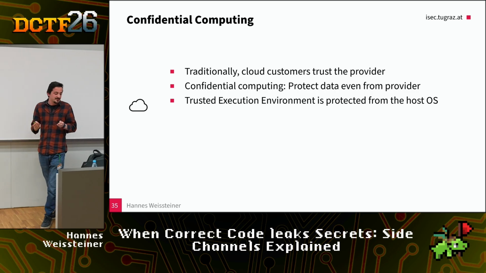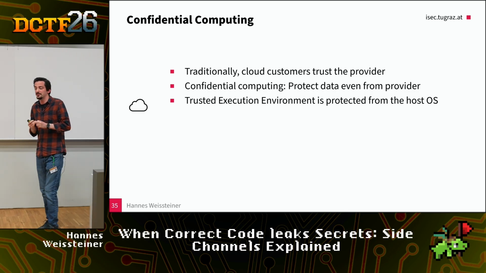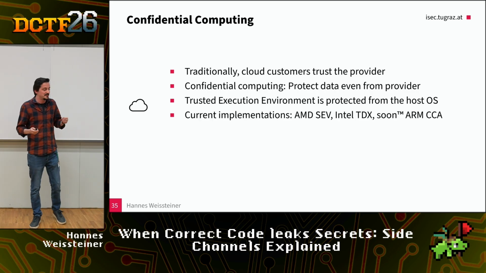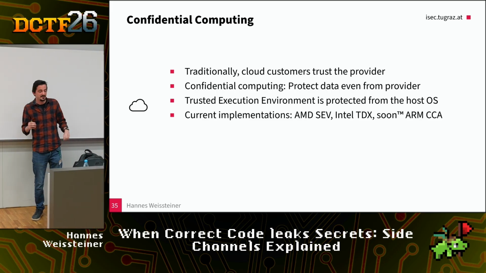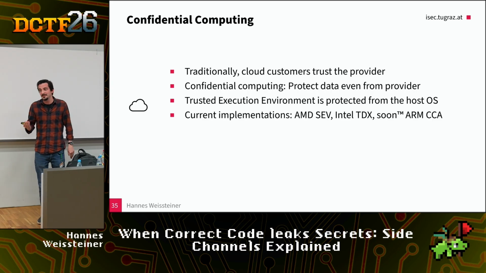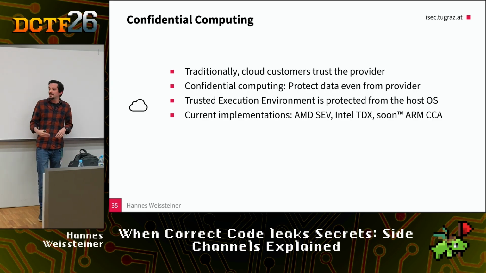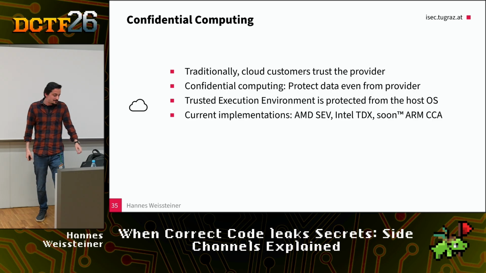This trusted execution environment is protected from the host OS, and it is guaranteed by the CPU vendor, guaranteed in a way, like they tell you that you are completely secure against attacks from the hypervisor.